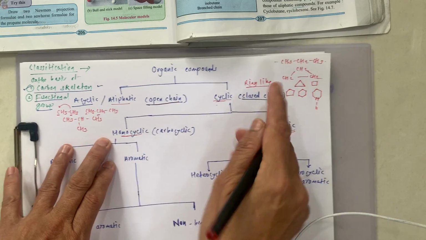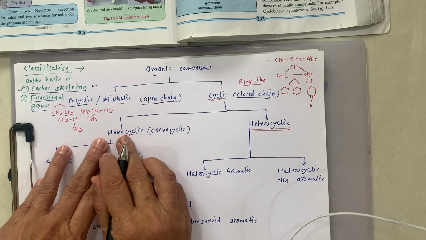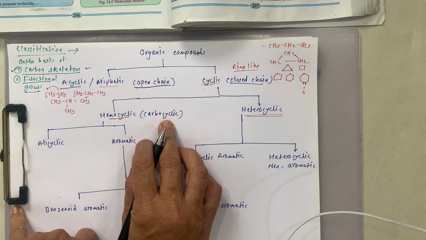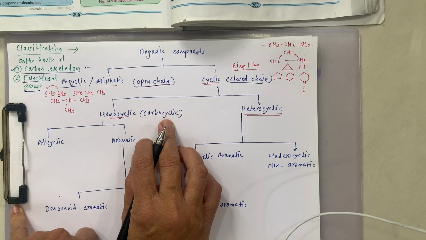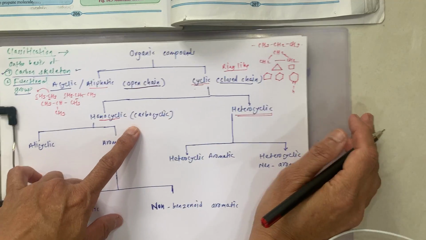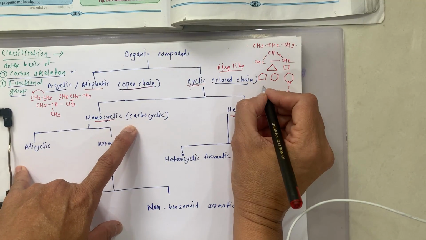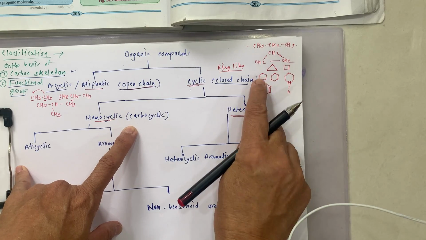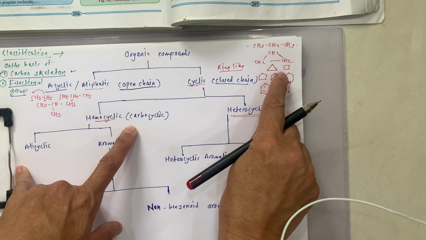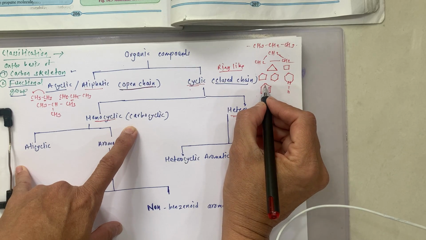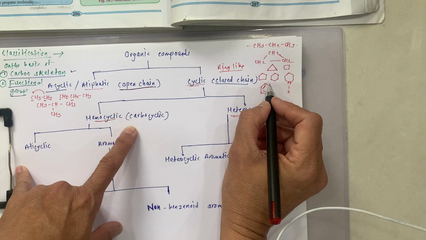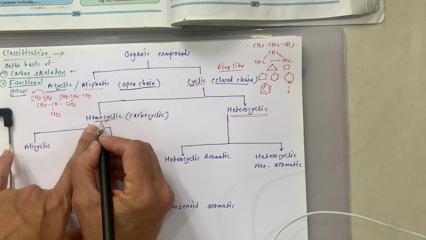When all the atoms in the ring are carbons, it is a homocyclic or carbocyclic compound. Even in this category, benzene is also there. See, all carbons are present, only here there are single bonds, while here there are alternate double bonds and alternate single bonds. So under homocyclic,